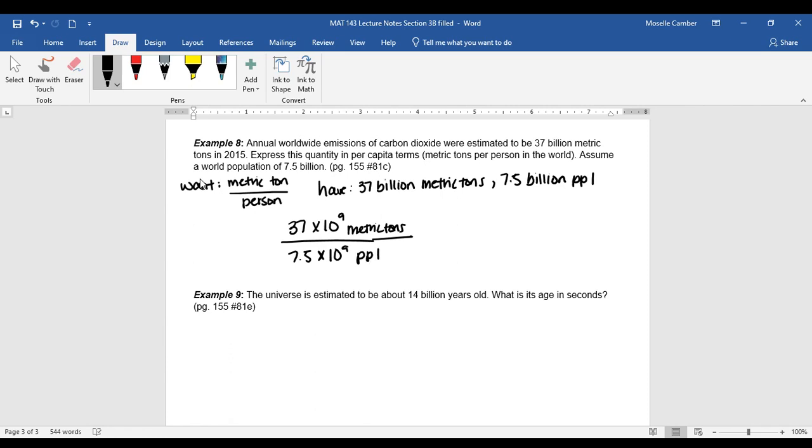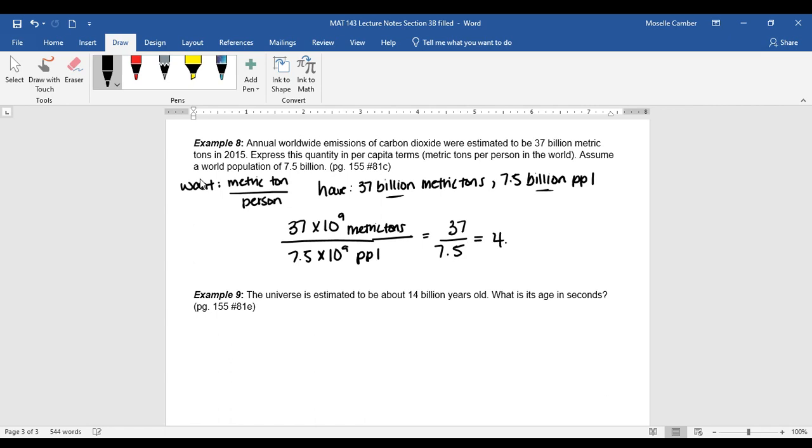Remember, if you're going to put this in the calculator, make sure you put parentheses around the numerator and denominator. Also note that because both of these are billions, we could also just drop billion because they match. Remember, you can only drop this if every single one of your numbers has that unit. So because this is billion and this is billion, the only numbers I'm using here, this is the same thing as 37 divided by 7.5. You can see that's because this is times 10 to the 9th over times 10 to the 9th. And in math, when we have something multiplied to the top and the bottom, then you can cancel it out. So 37 divided by 7.5,